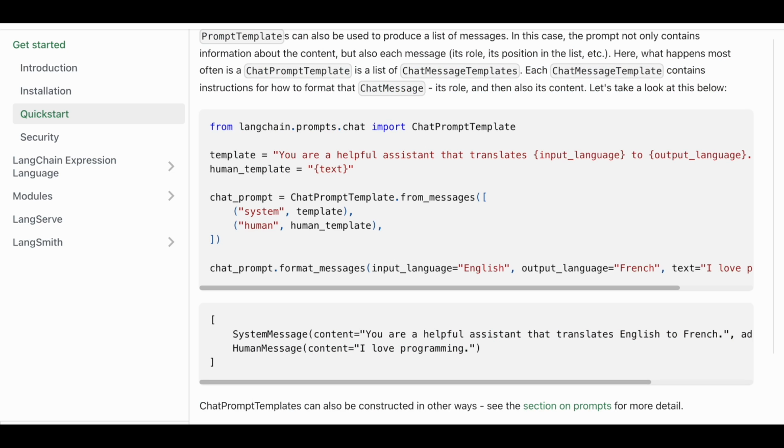First, we import the chat prompt template class from langchain.prompts.chat. Then we initialize our template and human template variable. Then we initialize our chat_prompt variable by calling the from_messages method of the ChatPromptTemplate class, passing in a list with two tuples for the template and the human template. Finally, we call the format_messages method of the chat_prompt variable with the parameters input language, and the output